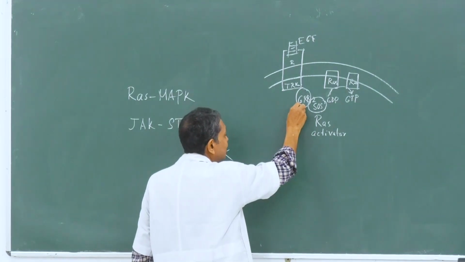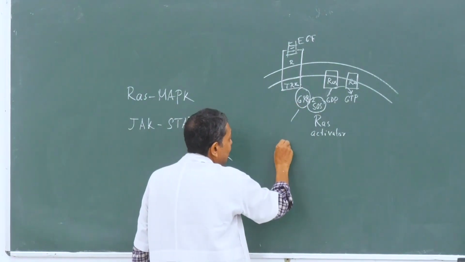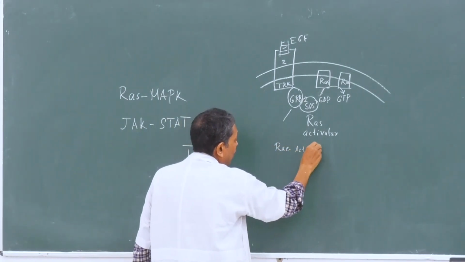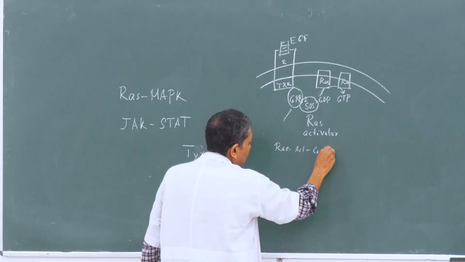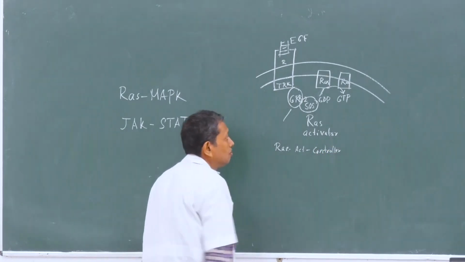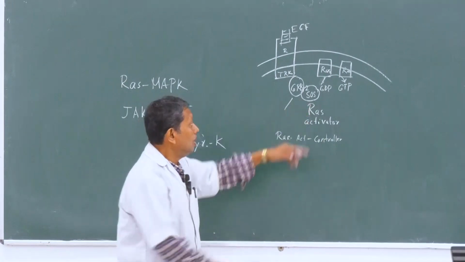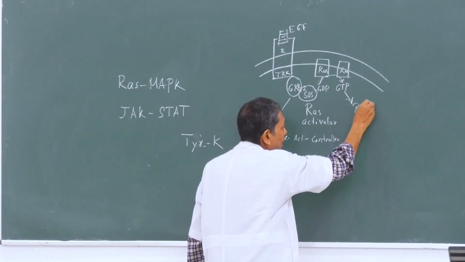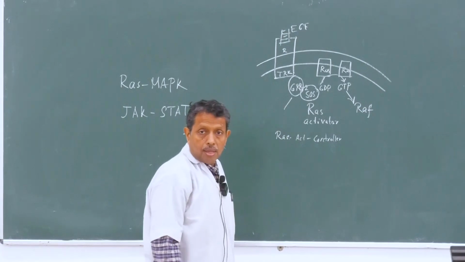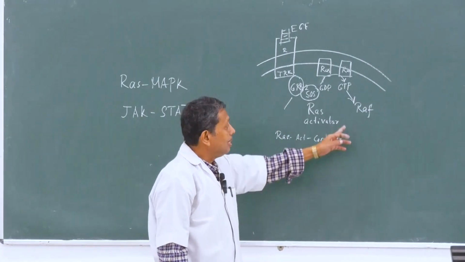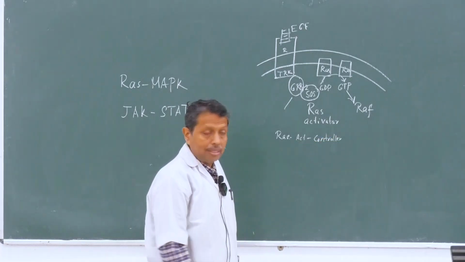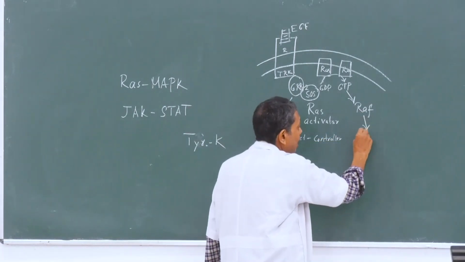And this is the RAS activator controller. And when it is produced, then there is activity of RAF. That is, it is this factor that is responsible for this effect, activator factor. And then